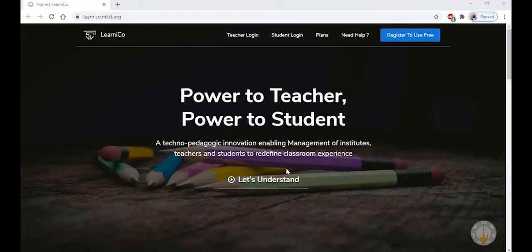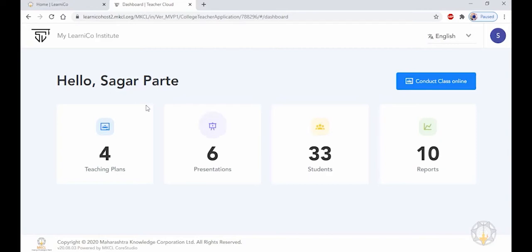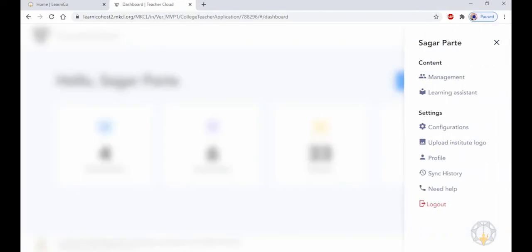Now let's see further to add subjects and units in particular classrooms. After logging into Teachers Login, on the screen, first you will see the teacher's name on the top and dashboard on the screen. To add subjects into classroom, click on the profile of a teacher. After clicking, you can see various options on the screen. To add subjects, click on Configuration under Settings tab.